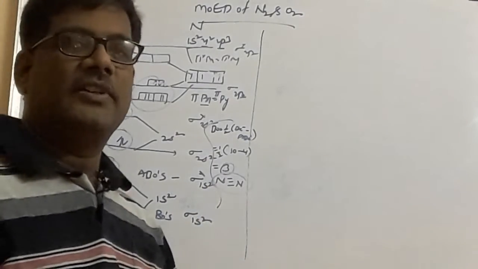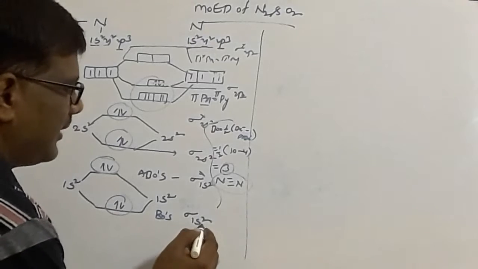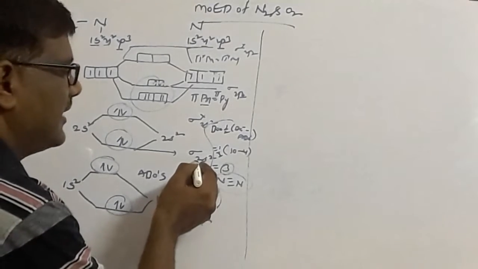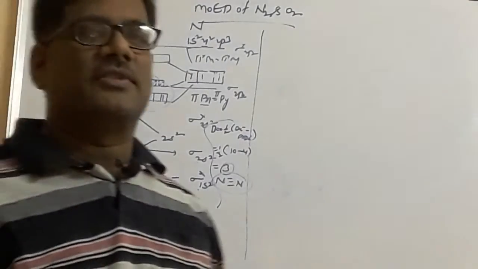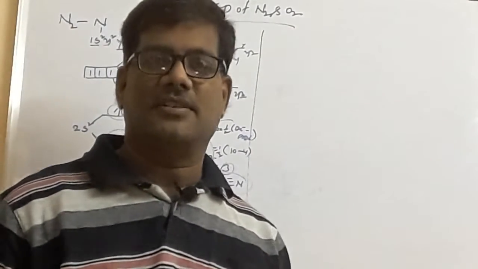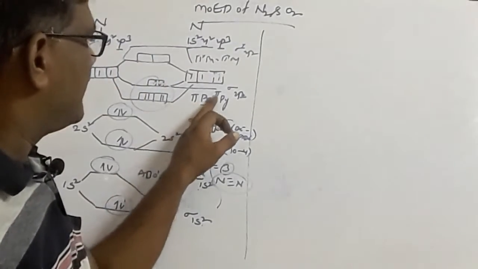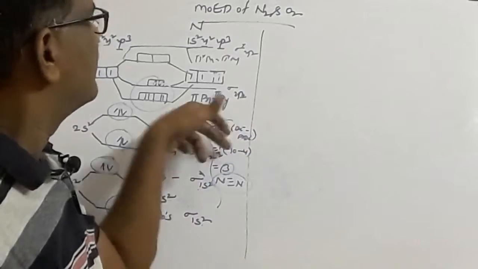What is the electronic configuration of nitrogen by using the MOED? Just write down, look here. Sigma 1s2 is less energy than sigma star 1s2, which is less than sigma 2s2. Like that, you have to write the electronic configuration, which gives you the electronic configuration of nitrogen according to the MOED. That's all. In nitrogen, simply remember, pi px equal to pi py will have the least energy, then sigma 2pz. So quite reverse.